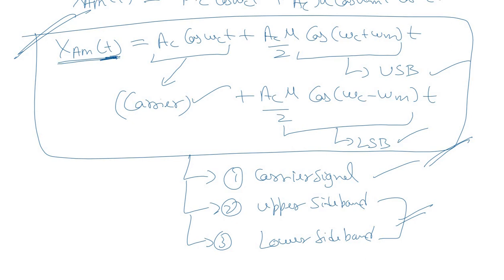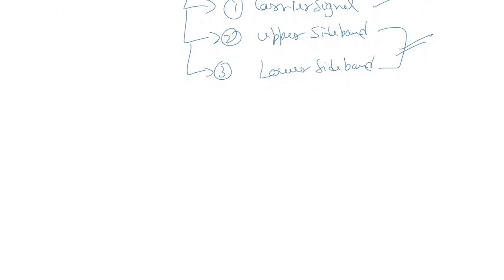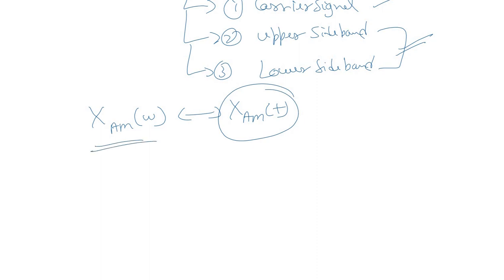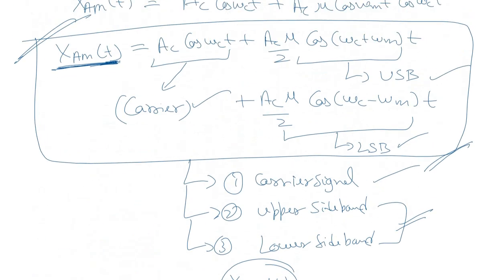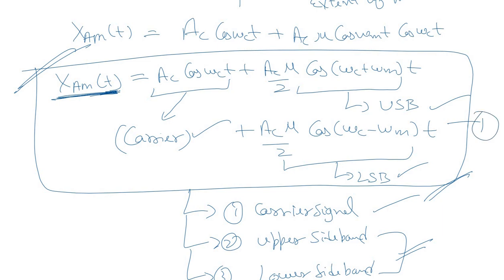But we also need to analyze the same expression in the frequency domain to get more useful information out of this signal. Alright. So we'll take the Fourier transform of this expression to get the frequency domain equivalent of the same, the frequency domain version of this AM signal. So let us find out the Fourier transform of this expression. Let's name it as equation number 1.